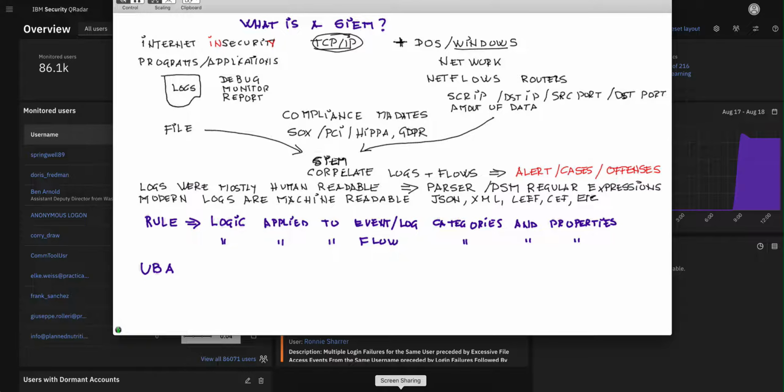UBA is all about acknowledging the fact that whenever we use our computers, we introduce risk into the organization. If I do accounts payable, every time I go into the system to pay something, I'm introducing risk. What happens is my credentials get compromised, and a hacker uses those to pay money to somebody else, right? So the idea of UBA is to determine how much risk